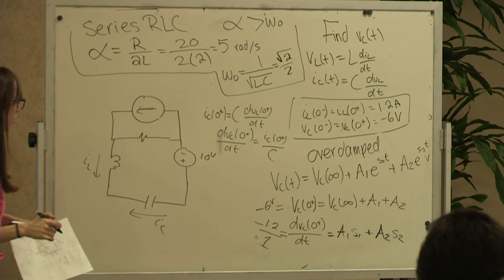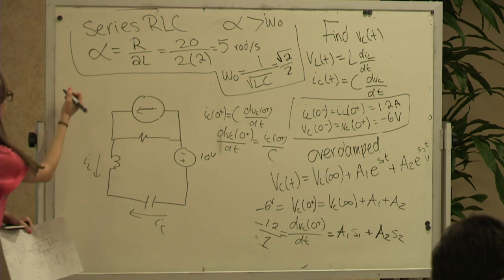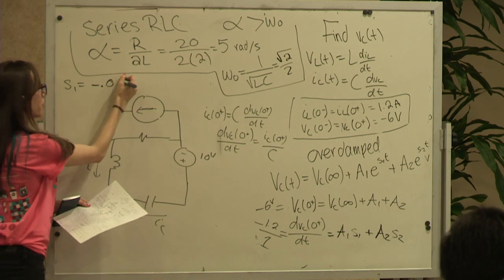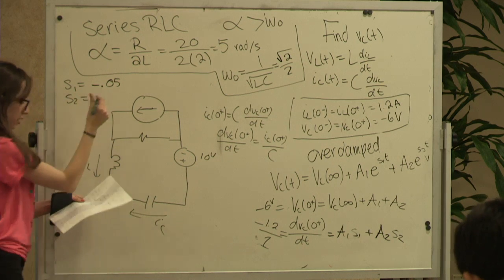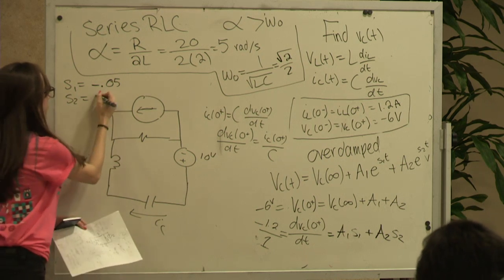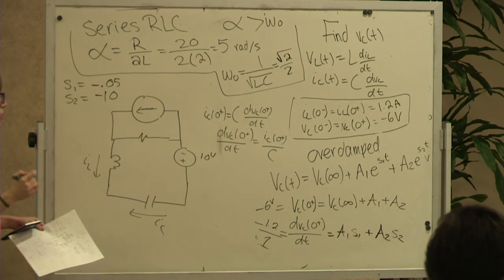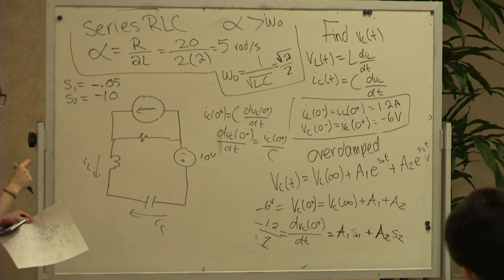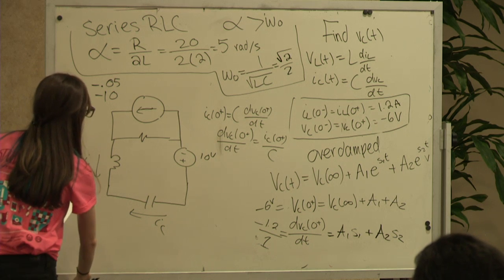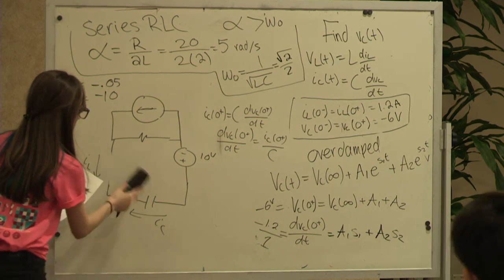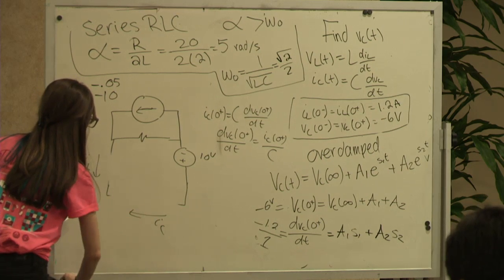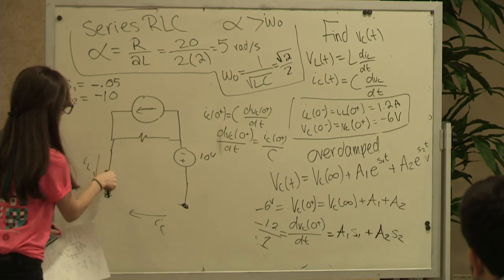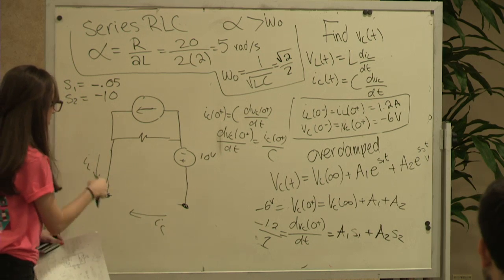And S1, just for reference, I won't solve it out, but S1 is negative 0.05, and S2 is negative 10. So now, there's one more thing we have to find: V final. So this becomes a short, and this becomes an open. So we know that this is just 0 amps,